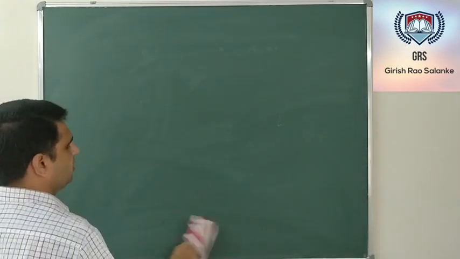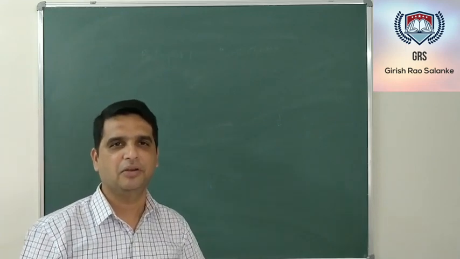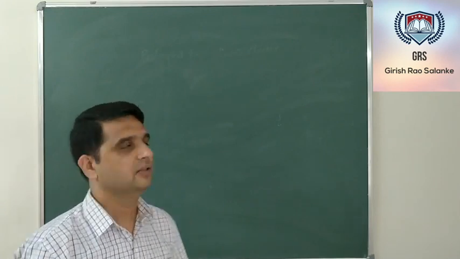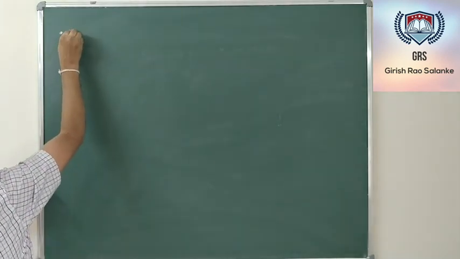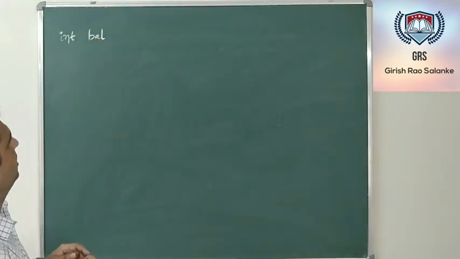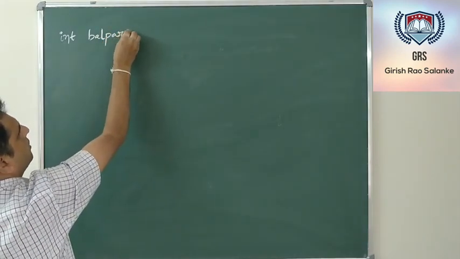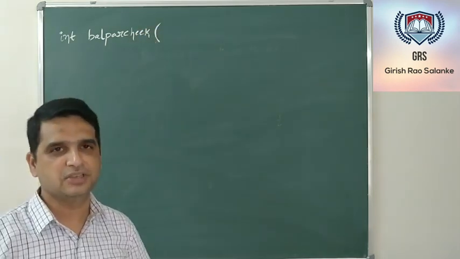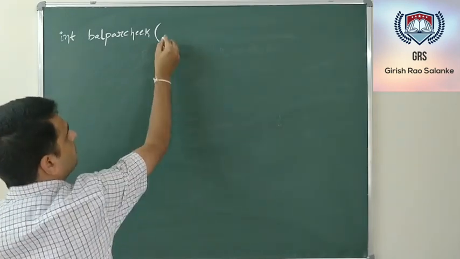Now what we'll do is, we'll write a function, let the function return either 1 or 0. 1 means it is valid, and if it returns 0, it is invalid. I'll have the function name as balance parenthesis check, to which the first argument is the reference of the stack.